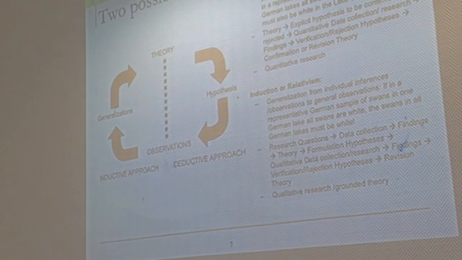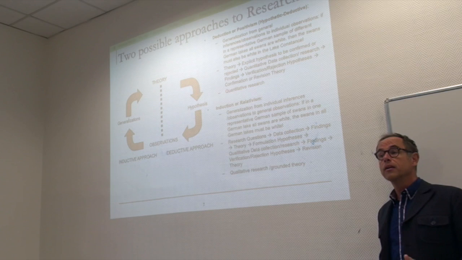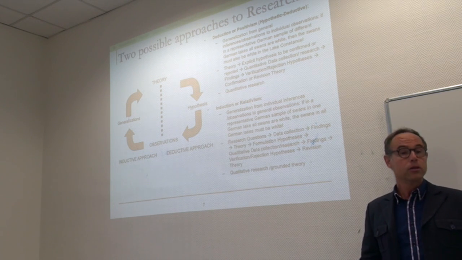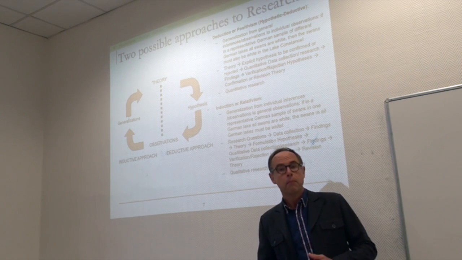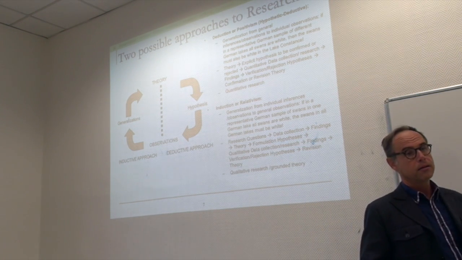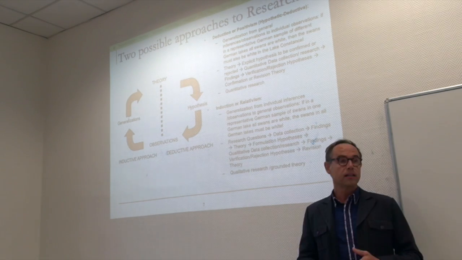If you have a good established theory and literature, you start actually with the theory, you establish your hypothesis, and you observe, you're doing empirical investigation, from which you draw your generalization, and you confirm your theory. This is actually called hypothetic-deductive research. It's also called positivist research, and this is actually the most used research approach in management science. And still most management journals, including marketing journals, prefer this positivist approach or hypothetic-deductive approach.